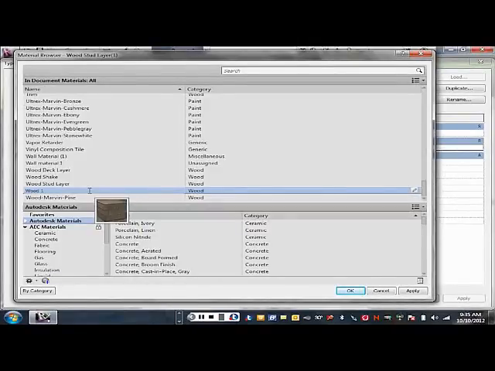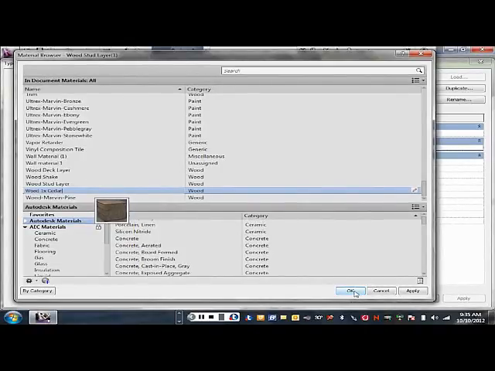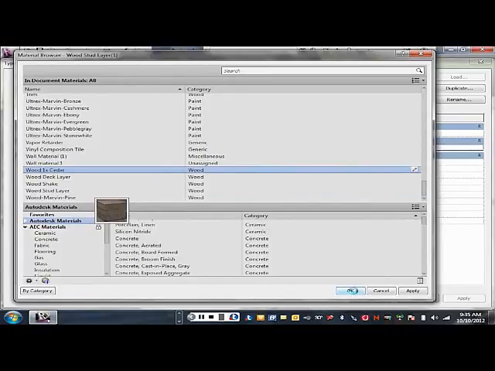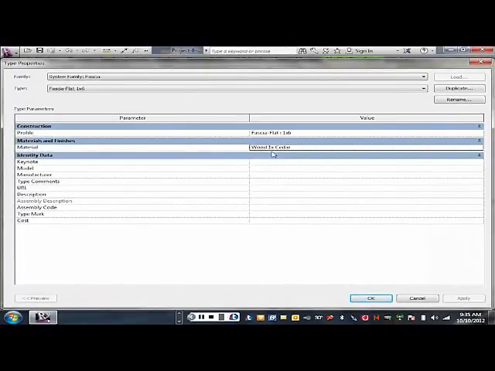Or wood 1x cedar or something like that, you know, if that's what we wanted. And we could say OK, and now it's changed to that type, so it's generic, but it's still a cedar fascia,